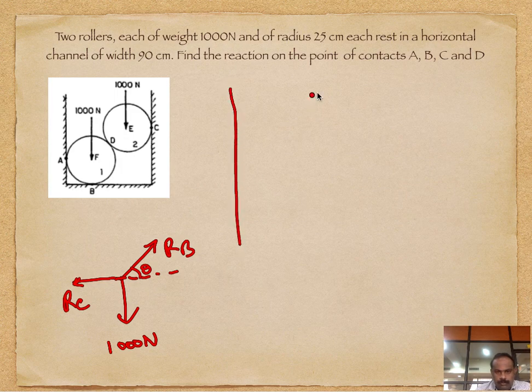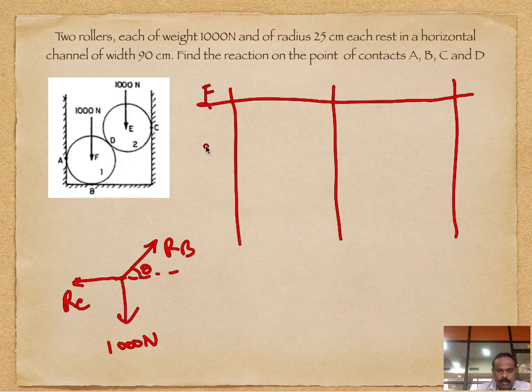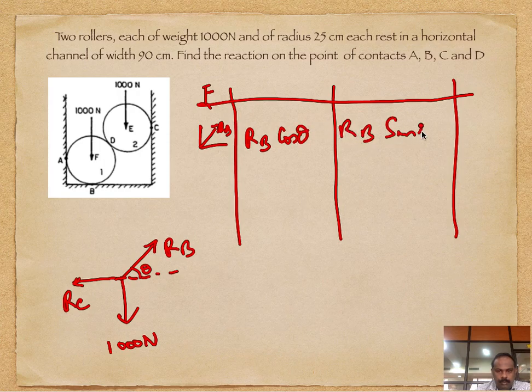Let's draw the forces, sin component, cos component, and solve this problem. Right, these are the forces. I'll put it as F. We'll do RB first. So take it as RB cos theta, RB sin theta,